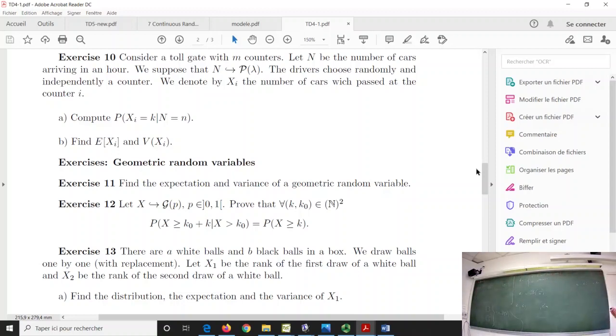So if I define Z1, Z2, Zn this way, just changing the number of the car here, are you able to express Xi in terms of the random variable I have defined here? You want to count. This one tells you 1 if I pass, 0 otherwise. Z2, 1 if the second passes, 0 otherwise. If you want to count all of them,